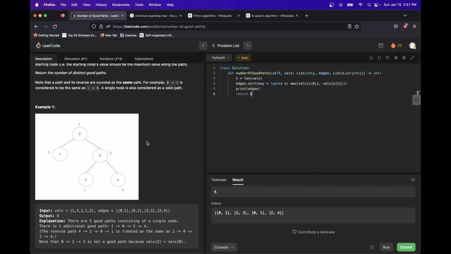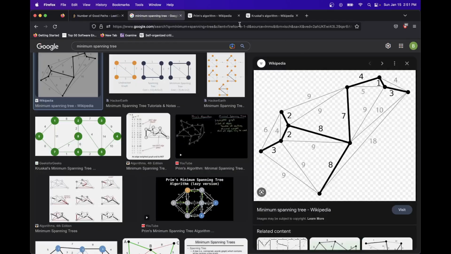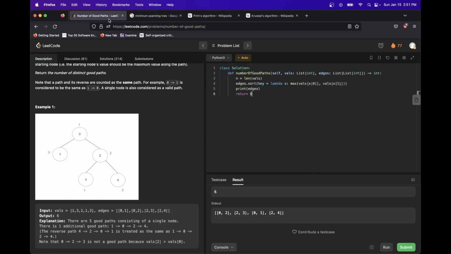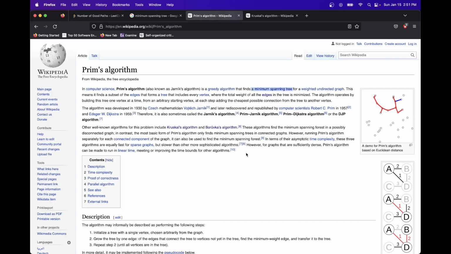And also, our thing isn't really weighted. We don't have any weights between these edges. We just have values at each node. So how the hell does this relate? Well, I'll go over how to find minimum spanning trees, and then hopefully bridge the gap from there to how it relates to this. So one of the 2 ways to find a minimum spanning tree,